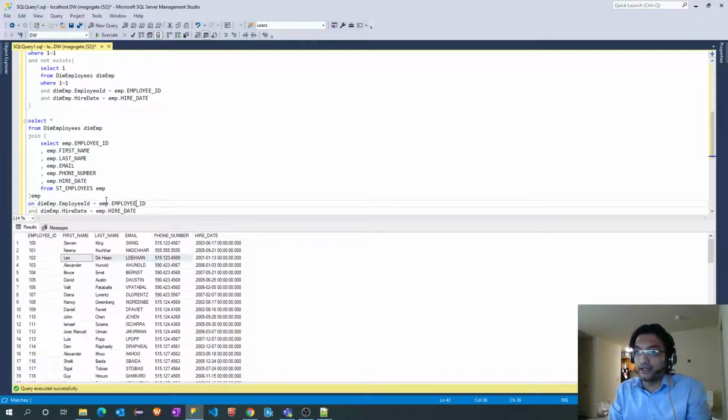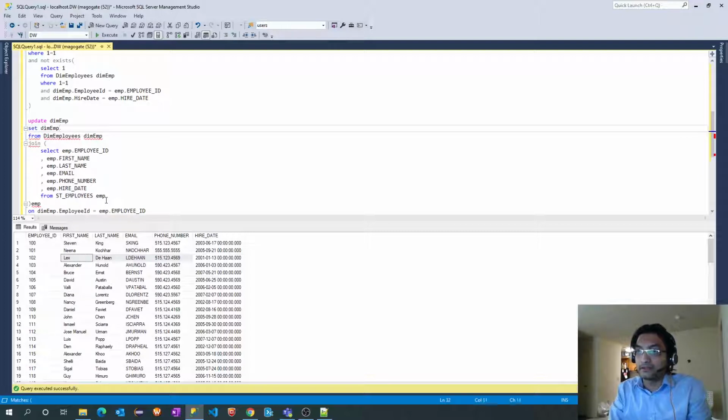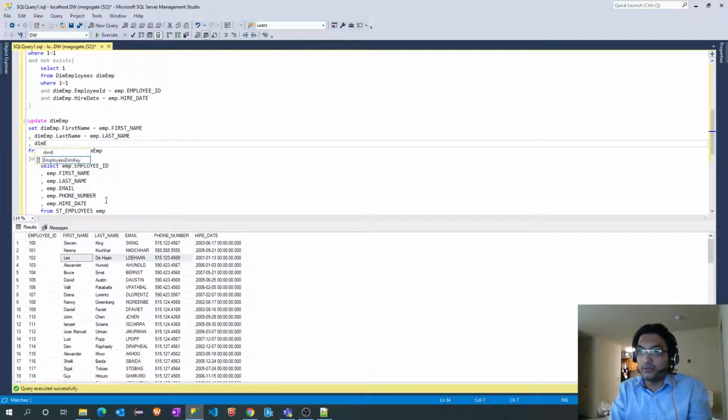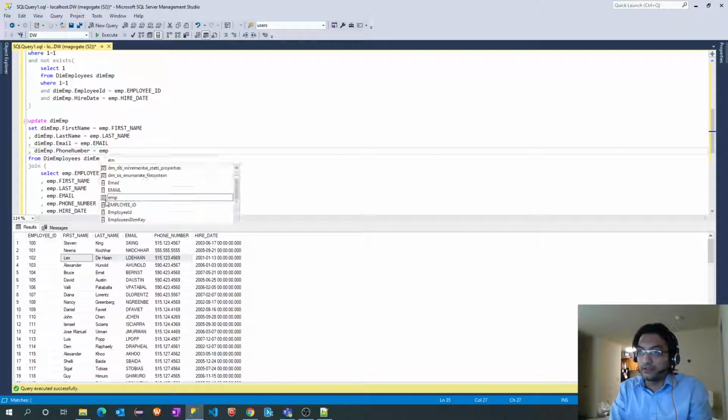Yeah, this is perfect, and I just have to write the update: set dim emp dot first name equal to emp dot first name, comma, dim emp dot last name equal to emp dot last name, comma, dim emp dot email equal to emp dot email, and the last column is dim emp dot phone number equal to emp dot phone number.